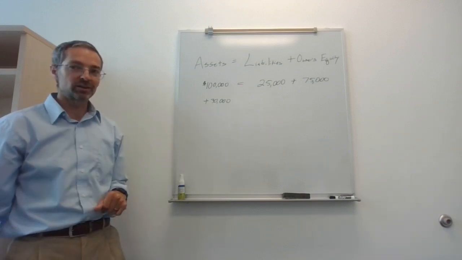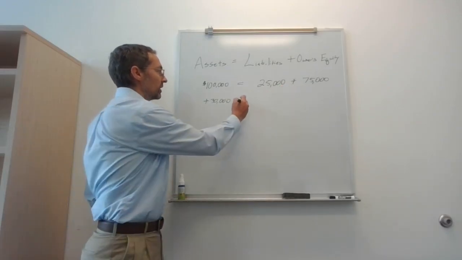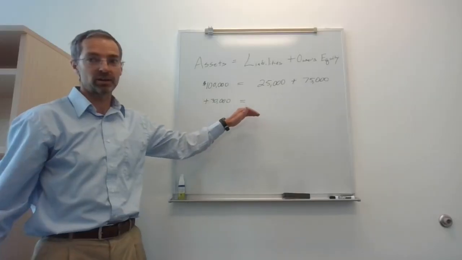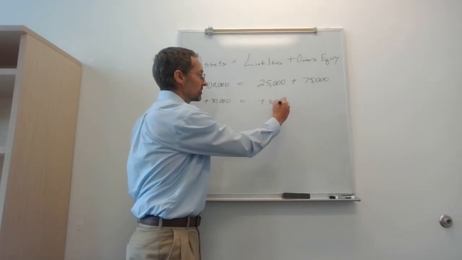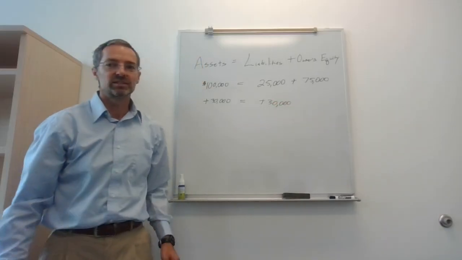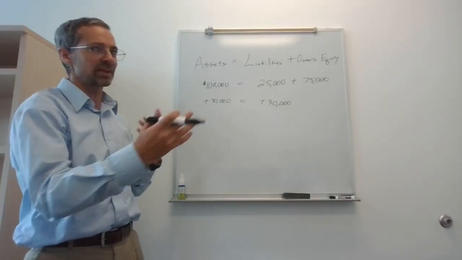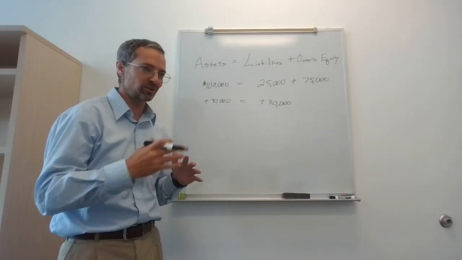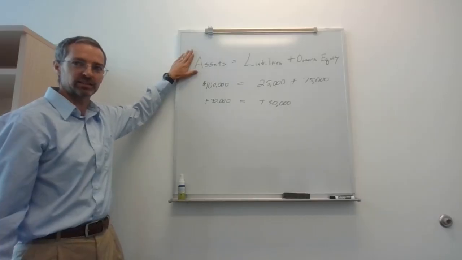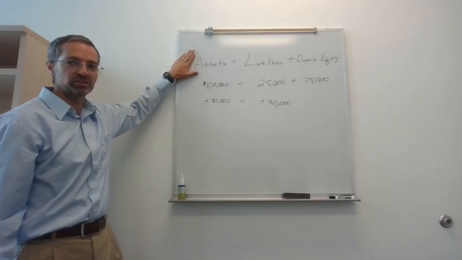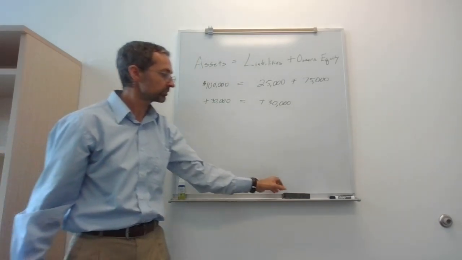Well, we also need to somehow change the other side. And that would be, well, let's say we got a loan on the truck for $30,000. So we added a $30,000 liability. So we'll see that when assets are affected, something else also has to be affected. So our entire system is made up of this equation. So you have to remember assets equals liabilities plus owner's equity.